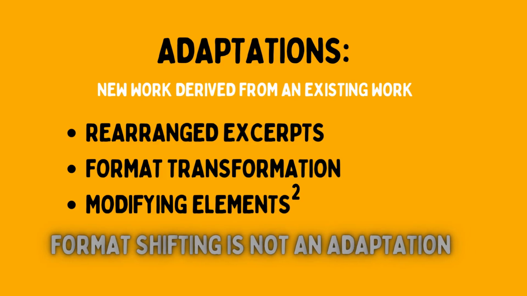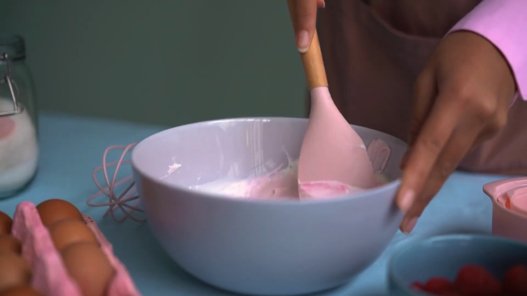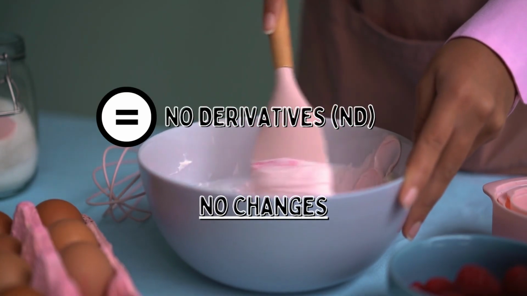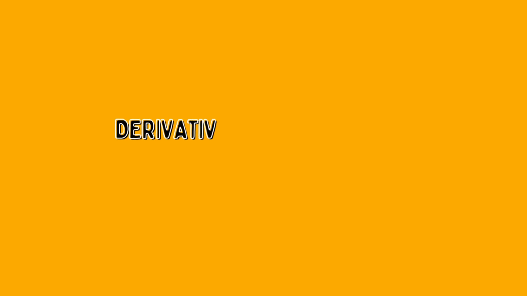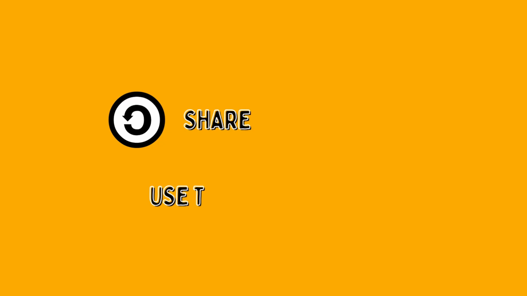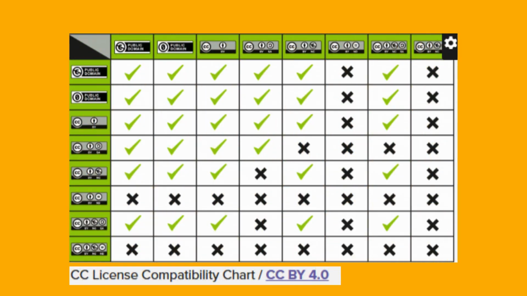Changes to the format or medium of a work, such as distributing a digital book in print, are not considered adaptations. Creative Commons licenses allow you to remix existing works unless the license presents a no derivatives mark. Of course, the fair use doctrine still applies when applicable. Users can also remix no derivatives marked works for personal use only under the version 4.0 terms of the licenses. If adapting a share-alike marked work, the new work must use the same share-alike marked license when distributed. To determine if the license on an adapted work is compatible with the license on the original work, you can consult the Creative Commons license compatibility chart.